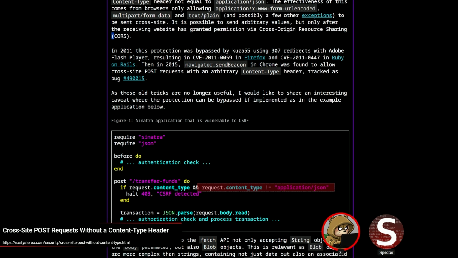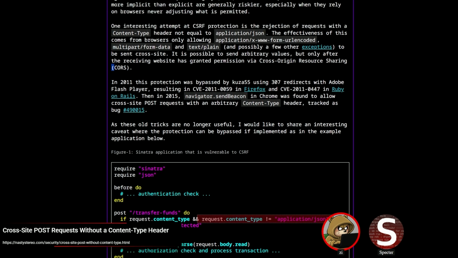Like, there's no reason why the content type couldn't be something else. In the spec for the browser, you're not supposed to be able to set the content type header to anything but a few specific things, like text/plain, or your default form URL encoded. You're not supposed to be able to do that without passing a CORS preflight check and actually saying, yeah, these sites are allowed to set that header, and it's cool. Without that, this check is weirdly effective in a lot of ways.